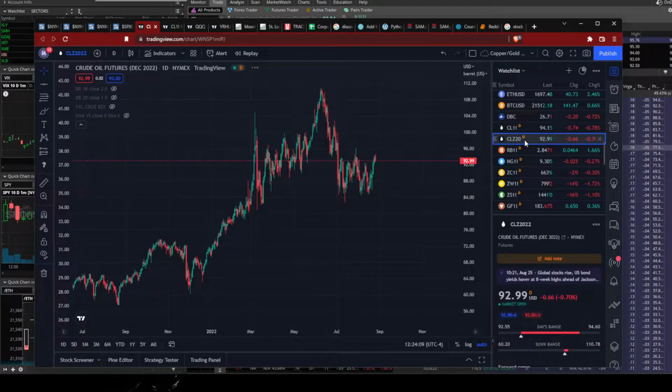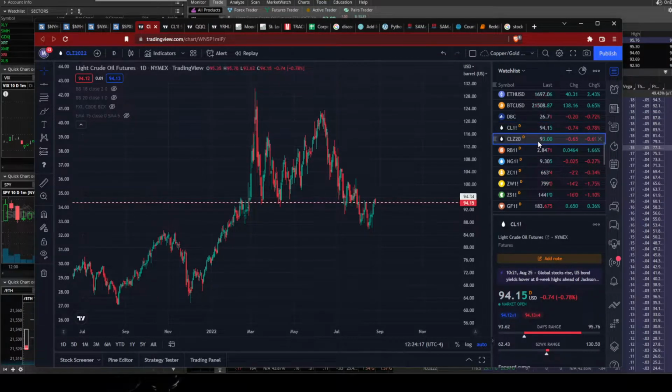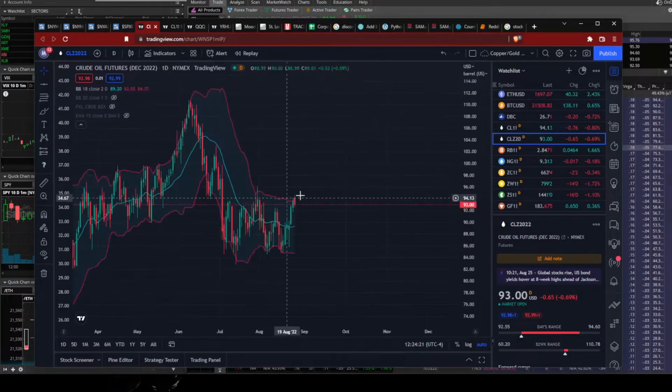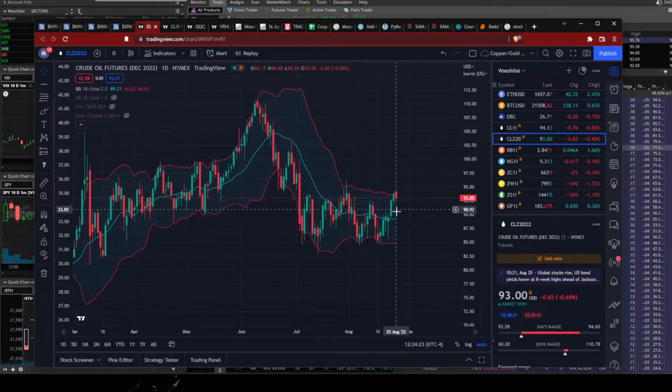I want to show you something on the Bollinger Band. So this one is the front month crude oil, okay? This is CLZ 2022. This is the December contract, okay? So it looks a little bit different. But guess what? Remember that plan that we had? I mean, that lower high gets right at 90. Right at 90. I mean, if it takes a few days to fall, the 18-day moving average for the crude oil December contract is going to go to 90.